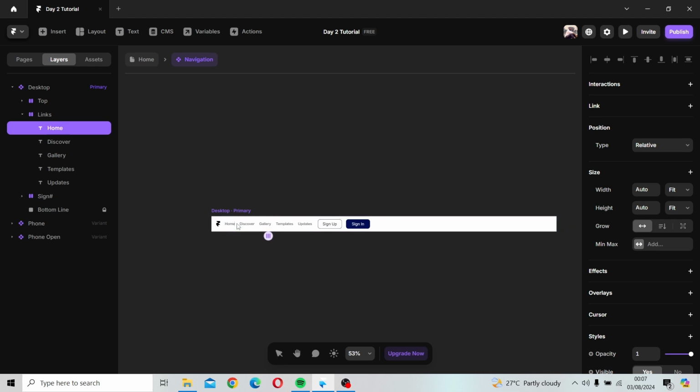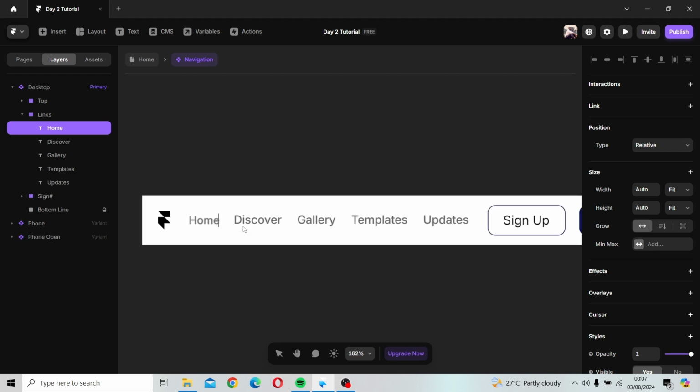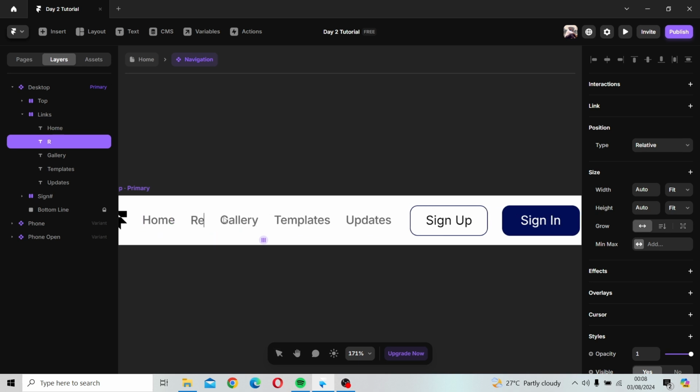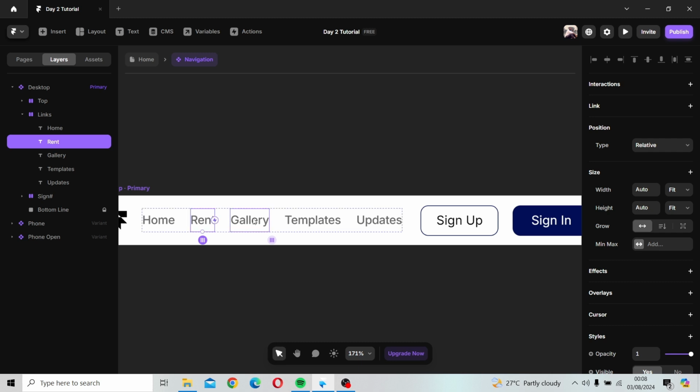Let's change the features to home, and let me zoom in. Let's change discover to rent. Let's leave gallery, because we also have a gallery whereby you can go to check the cars. I don't know what they call it, probably gallery. So let's change our template